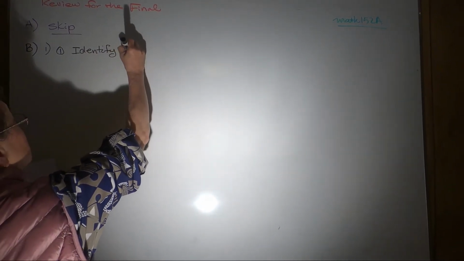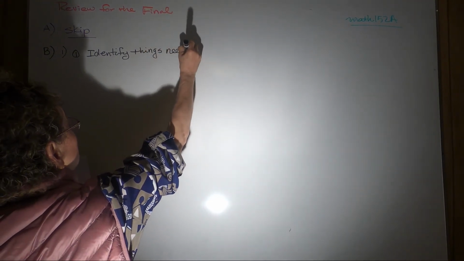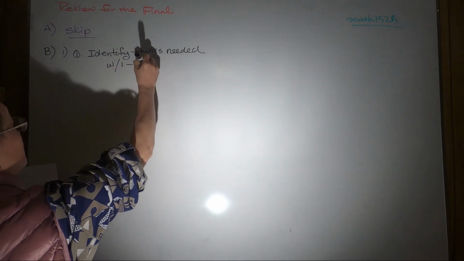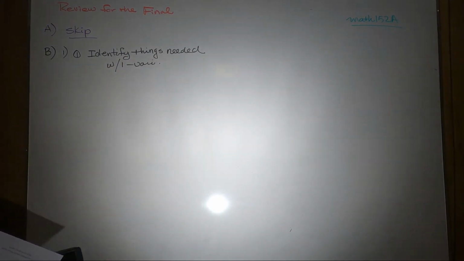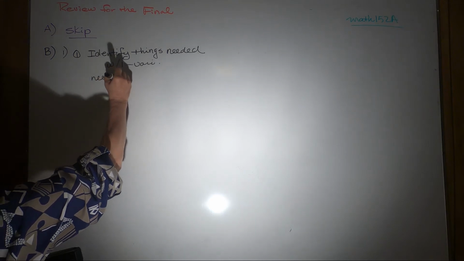Identify things needed with how many variables? With only one variable, right? Because you only know how to do the one variable. So how many numbers do we need? We say find the two consecutive even integers, so we need two numbers,